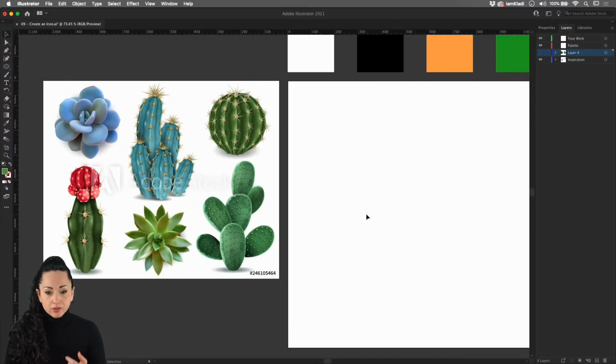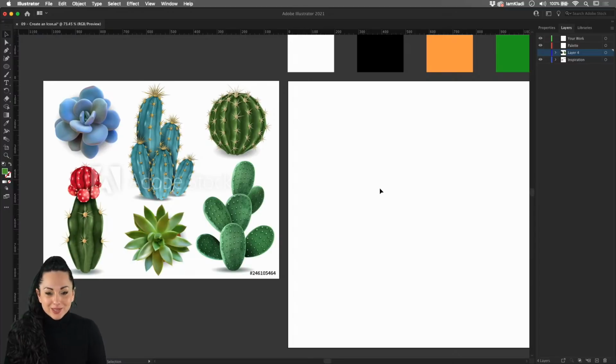Either this is a photo that I took with my phone, or Adobe Stock is a fantastic place to get reference images. In that case, you would not need to purchase the file if you're using it for your own reference. Of course, if you're looking to use the actual asset, the photo or the vector that is on Adobe Stock, in that case you will have to license the file. You must license the file.